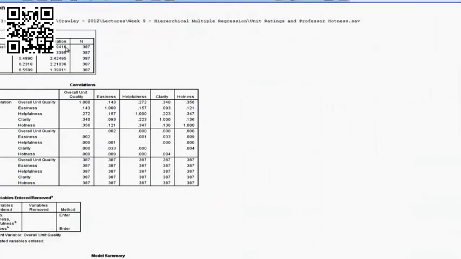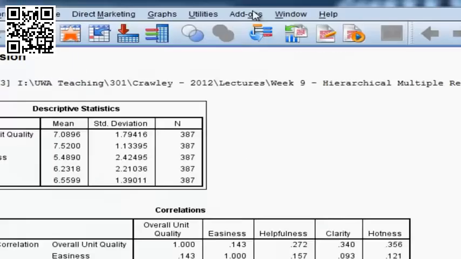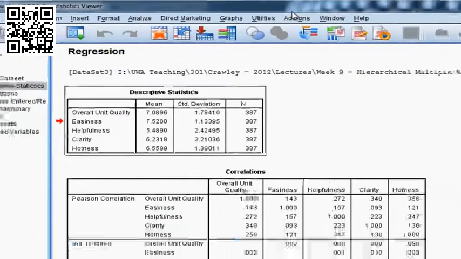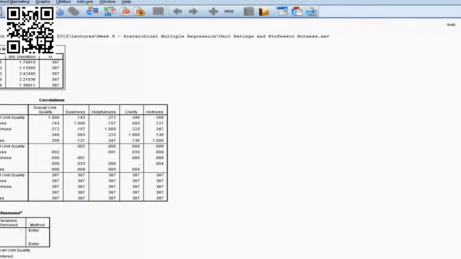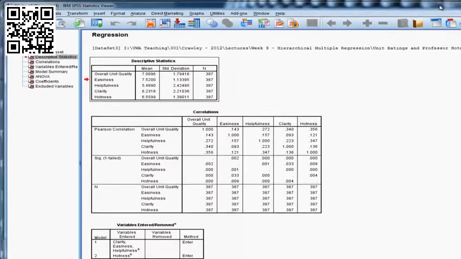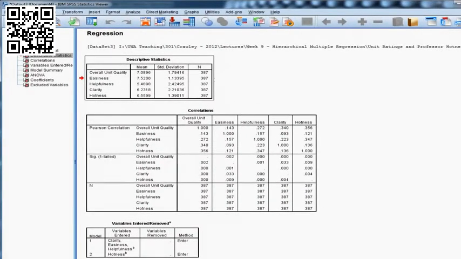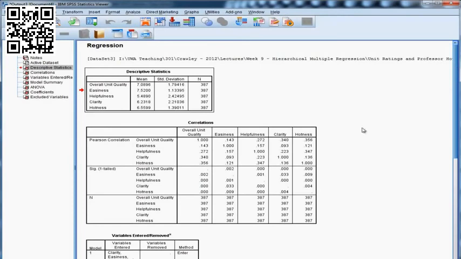Let me minimize this so that you can see the output a bit more. There's a big window. There we go. We can see that the first table has the means and standard deviations. Let's just say that they were rated